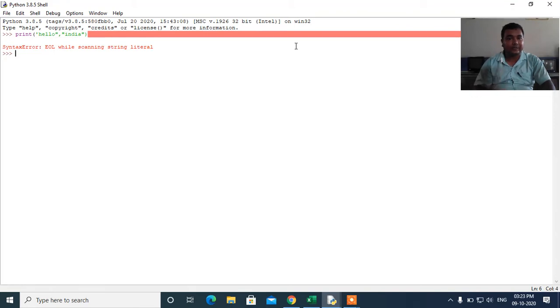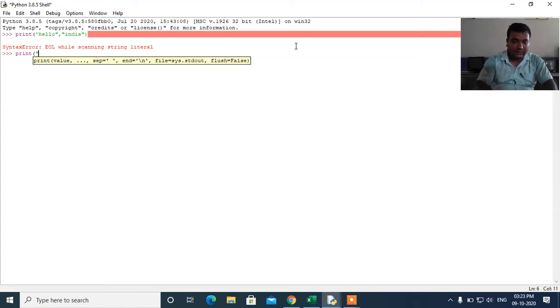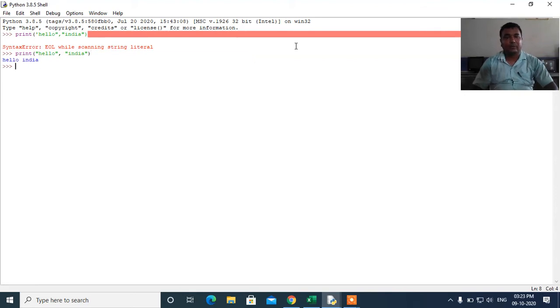Some error is here. Print hello. After giving comma, type the second statement and close the parenthesis. So what you see here, there is a single space between hello and India.